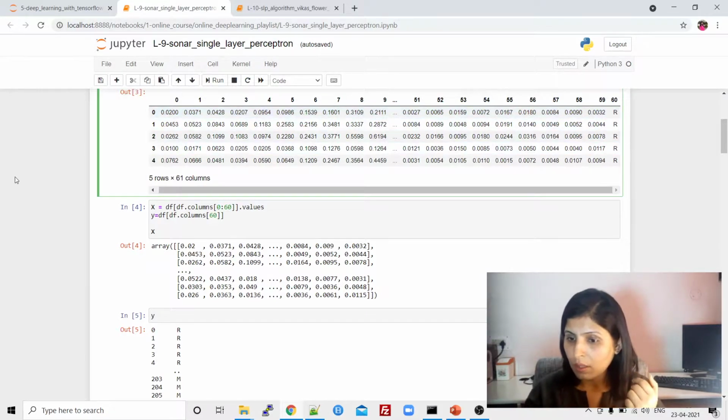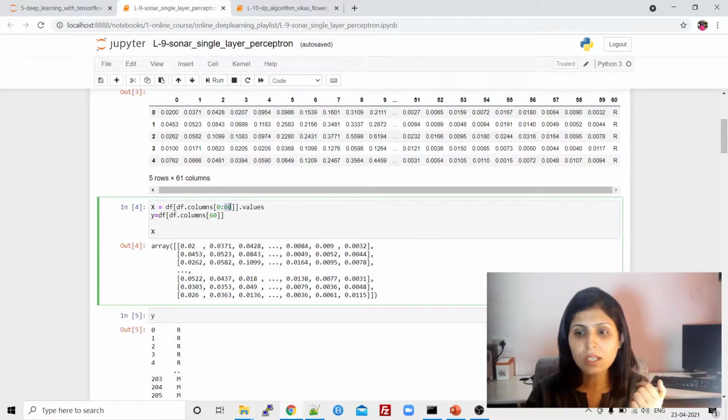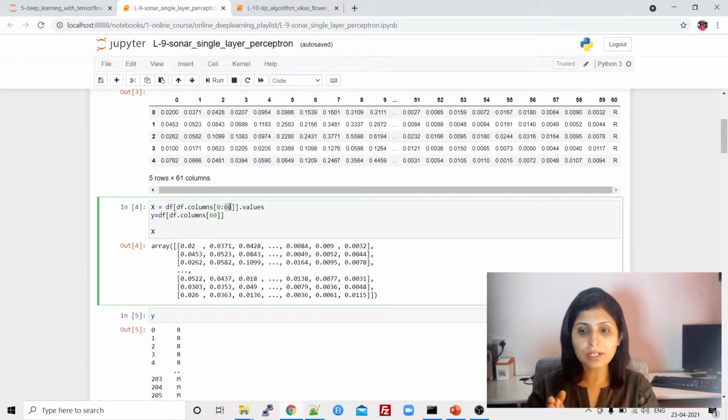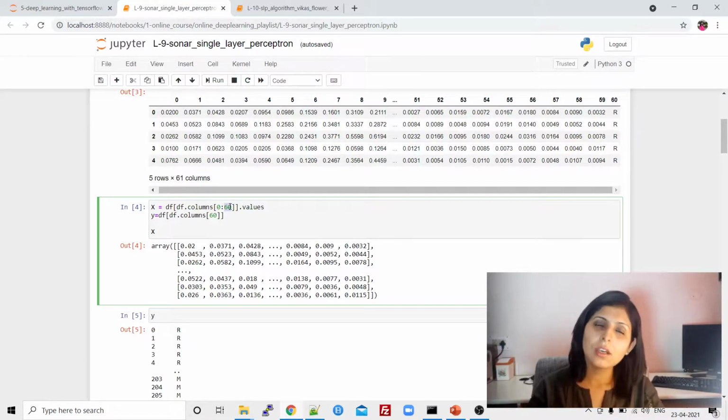Okay, so 0 to 60. This 60 will not get counted, only until 59. This is just a slicing method using pandas; you can perform slicing on your dataset. This is what we are doing over here.